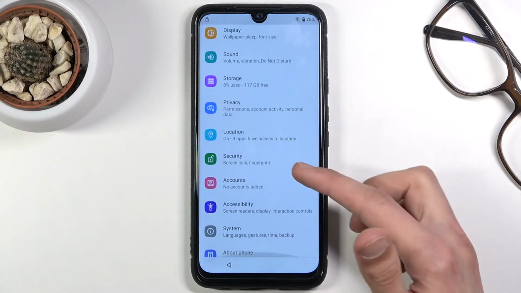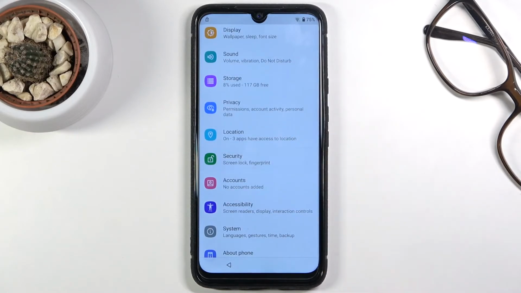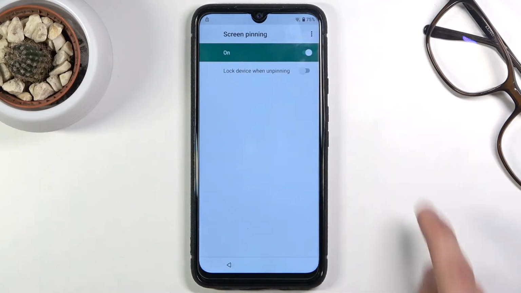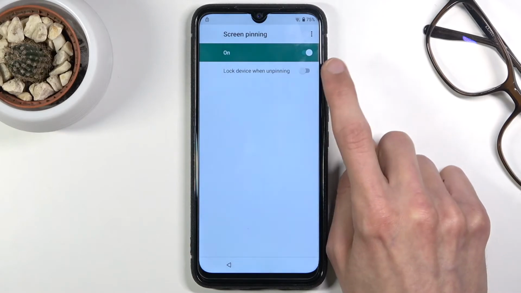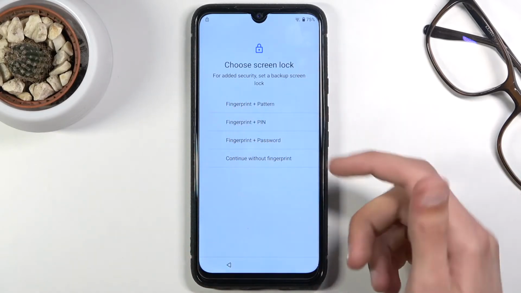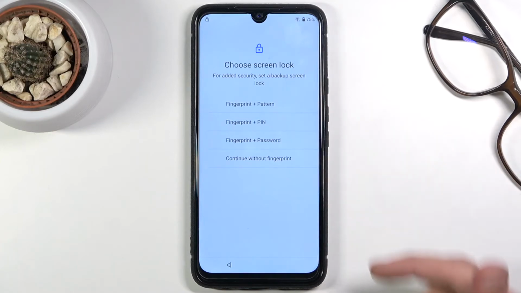Now in the settings, you want to scroll down to security. Again, scroll down, and you should see screen pinning. You want to enable that. And then also make sure you enable the lock device when unpinning, which will allow you to set up a protection to your device. So disregard the fingerprint, that doesn't really matter, but what matters is just the pattern, pin, or password